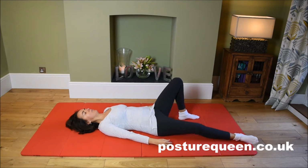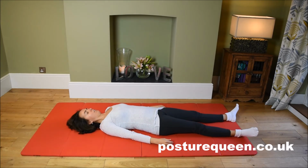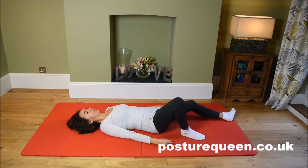Extend your legs. Just stay here for a moment. Just sense your shoulder blades, the whole of your back on the floor. Okay, and then bring the